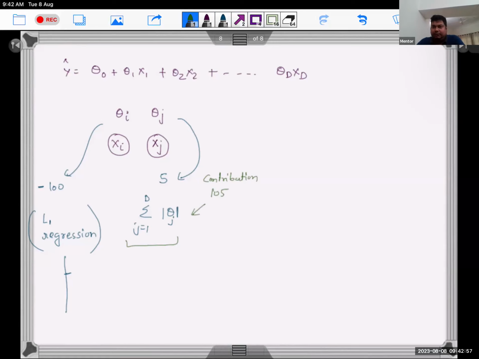Now, you know that magnitudes are going to decrease. Let's reduce the magnitude of both of them by 1. So 5 goes to 4 and this goes to minus 99. The magnitude has decreased by 1. What is the contribution now? 103. So if I reduce them,